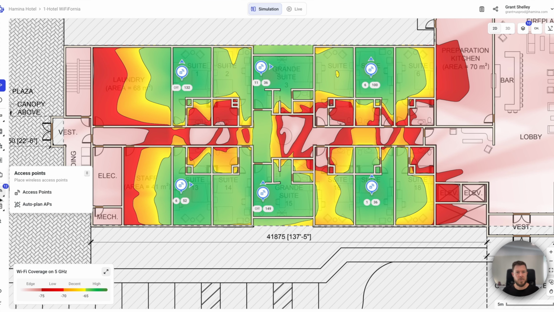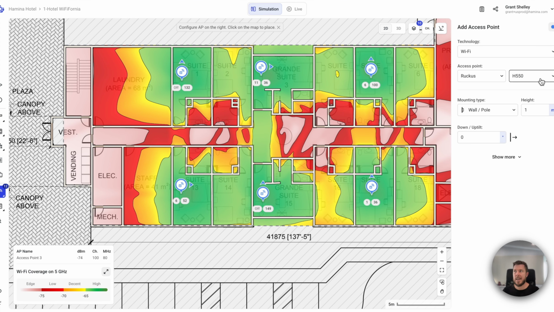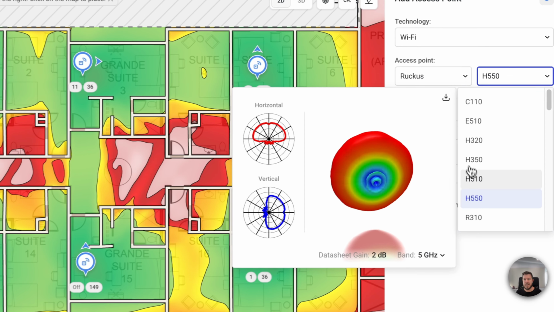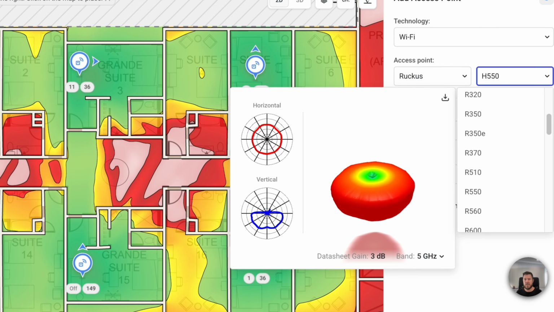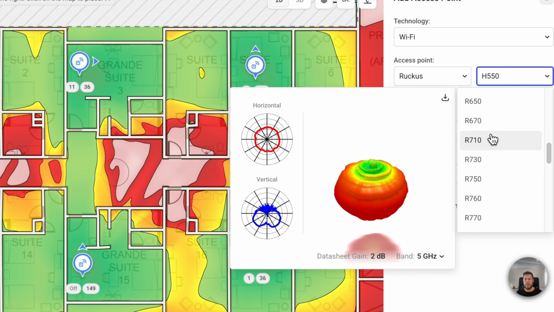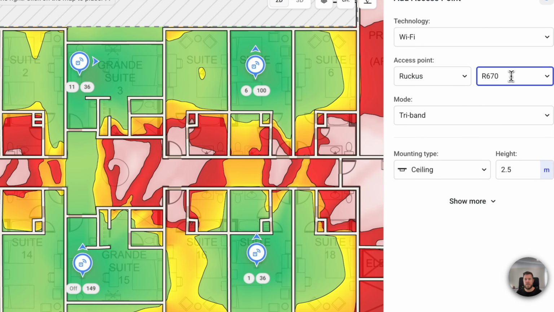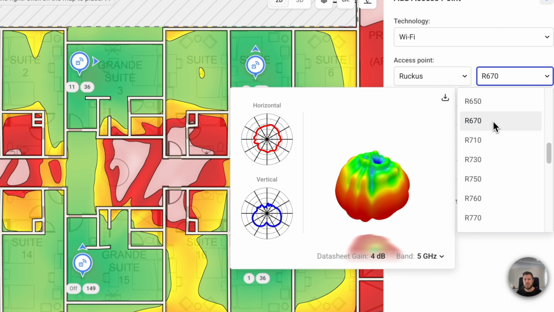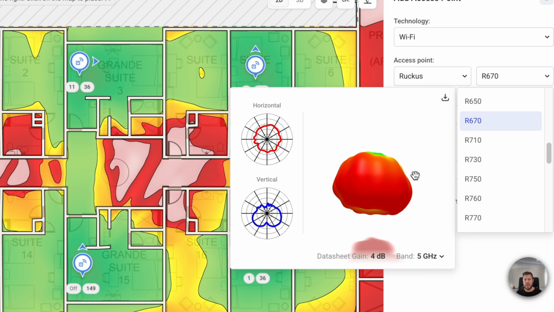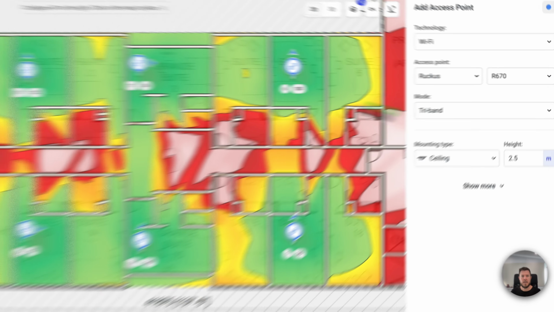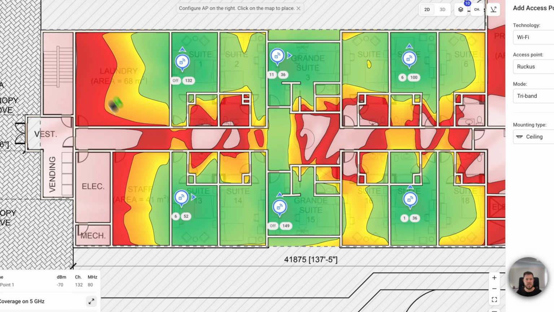The last thing we're going to do is change AP models. In this case, I'm going to use the R670. And this is more of an omnidirectional access point, which you can see from the 3D antenna pattern there. And I'm going to place this